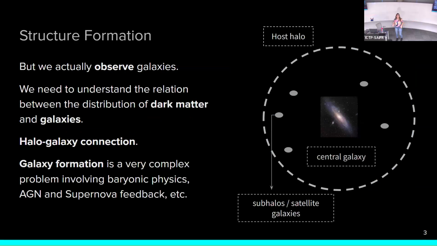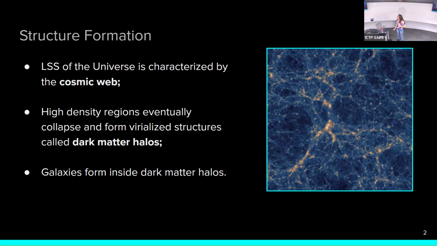Sorry, in the previous slide, can you see the dark matter halos in that picture? Well, they should be in the more overdense regions, because here we see the filaments and the knots, and the halos are in these regions of more concentrated matter, which here is represented in the light colors. But this is just to show the large-scale structure picture.